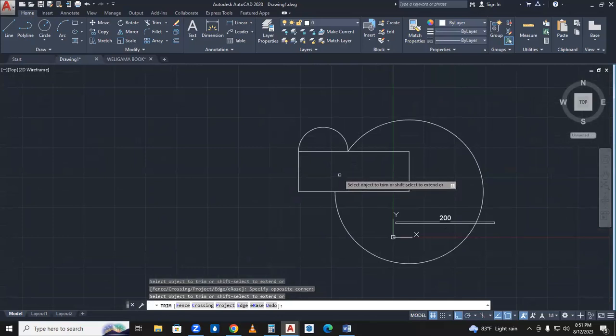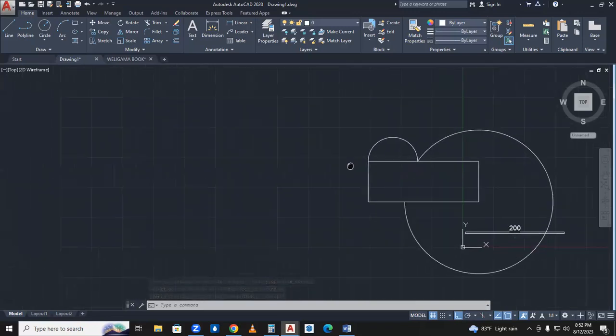Understood? Any questions with this? Very simple command. TR, trim. Then whatever the part that you have to remove, you choose it and it just vanishes. Okay. So now let's say